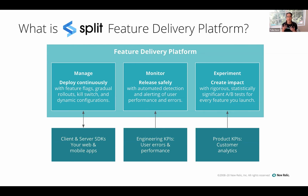So why do we want to add monitoring? Why is it important to know what's going on? Because you want to be able to respond to incidents in production, right? And when responding to an incident, you want to start with the basics: what, when, why. So what was the issue? When did it happen? When did it start? And why is it happening? And you want to be able to use all the data that you have to create impact and measure that